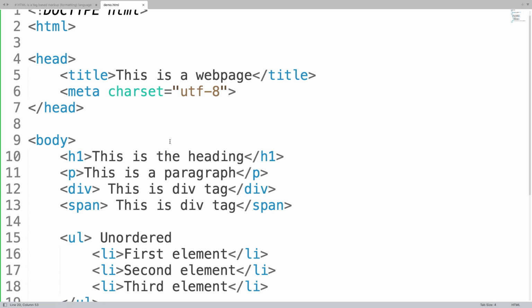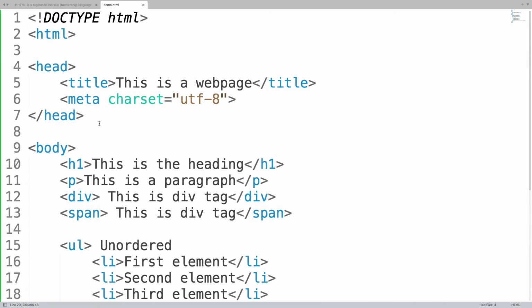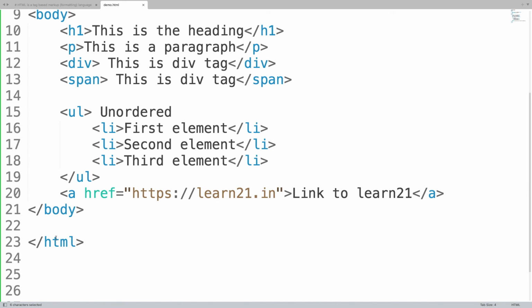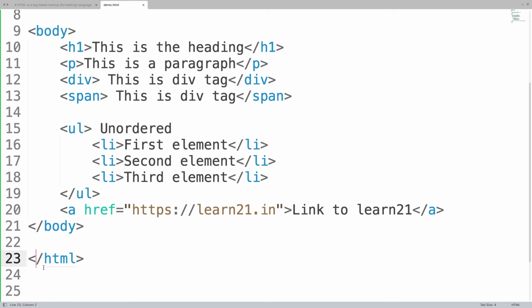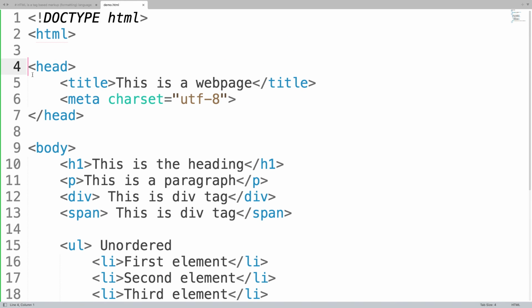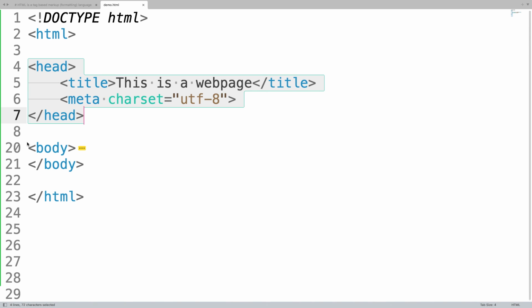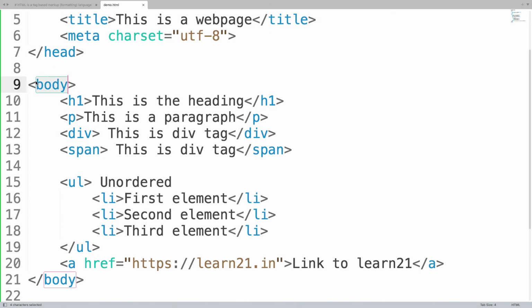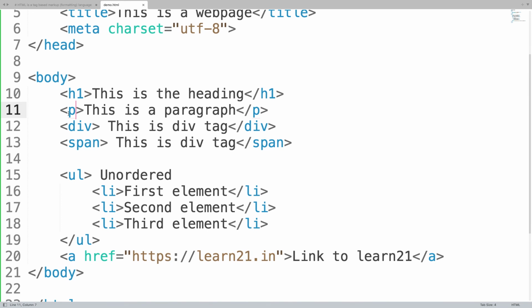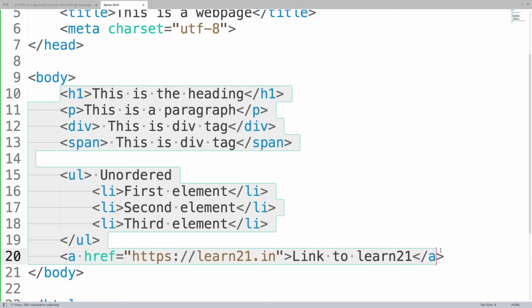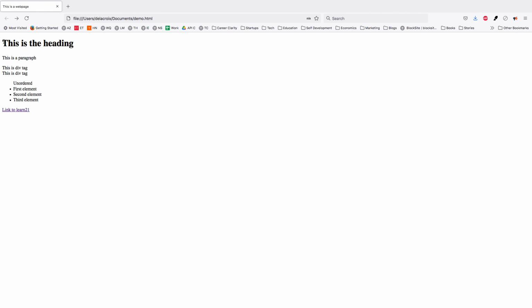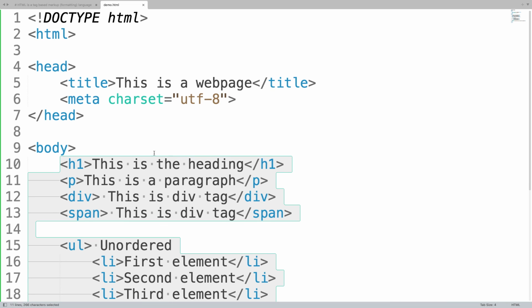So yeah, this is it. This is a very small web page, where we saw that any web page starts with an HTML tag and ends also with an HTML tag. To end a tag, you just have a forward slash and then HTML. The head tag is very important, and the body tag as well. Always write such that any tags which are inside a tag, like h1 is inside body, are indented to the right. Different tags have different meanings in HTML. Here as a user you see formatted content, and here as a developer you see the coded HTML.